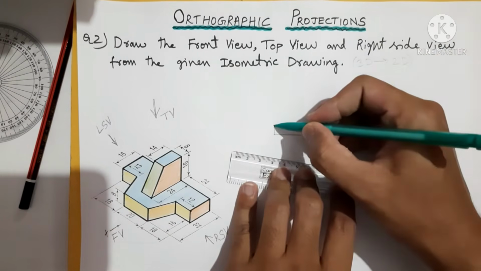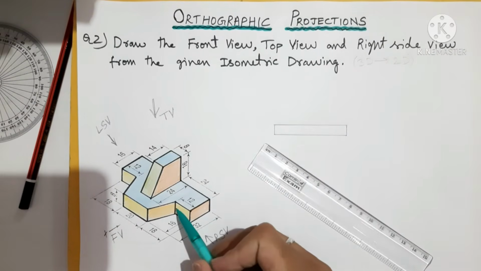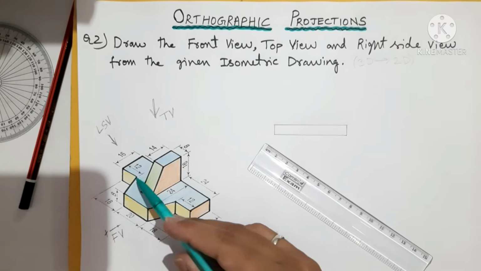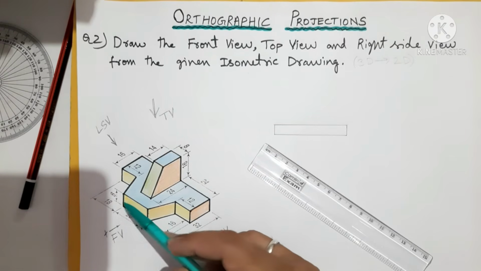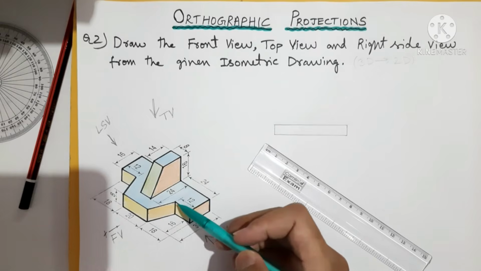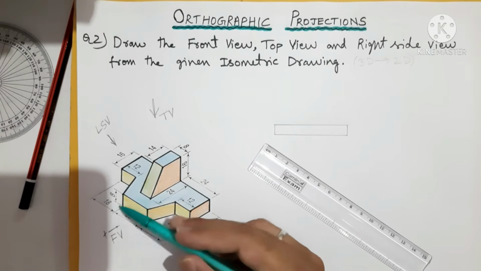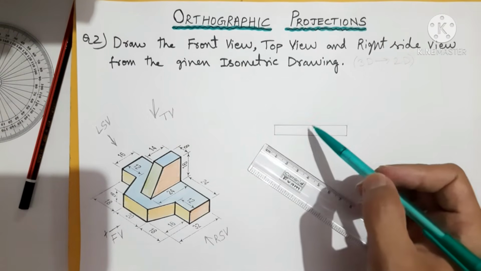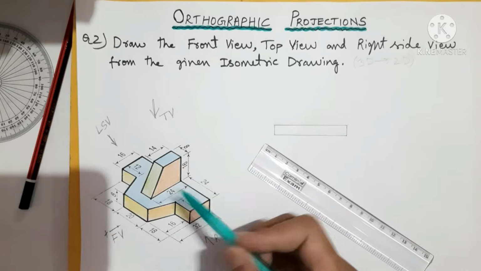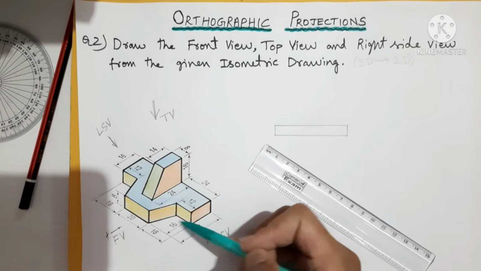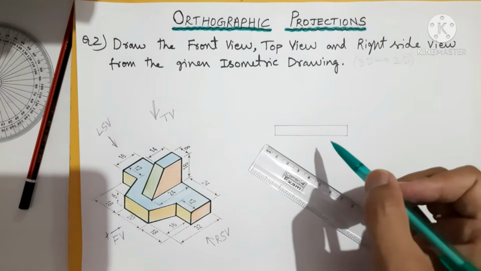Like this. After that we have to show this edge, this edge, this edge, and this edge. So from the front, these 2 edges, and also these 2 edges are visible. 1, 2, 3 and 4 edges will be visible at some distances, such as 12 from both ends, and from here 18, and from there 18. That we will draw now.